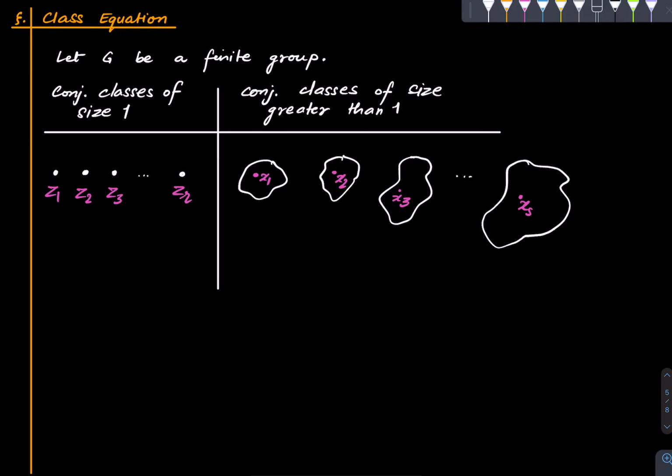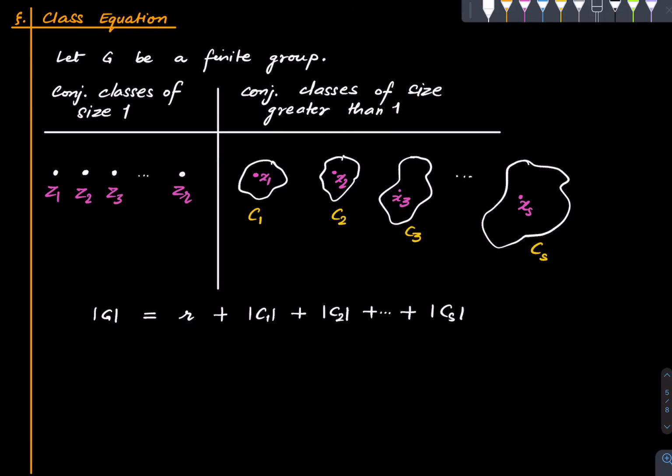Note that, as we commented earlier, the conjugacy class of identity has size 1. So R is at least 1. S may be 0. There may be no conjugacy class of size greater than 1, but that's okay. Clearly, the orbits of any action partition the entire group. So if we call this C1, C2, C3, and CS, then since orbits partition the entire group, we have the cardinality of the group is R plus mod C1 plus mod C2 plus